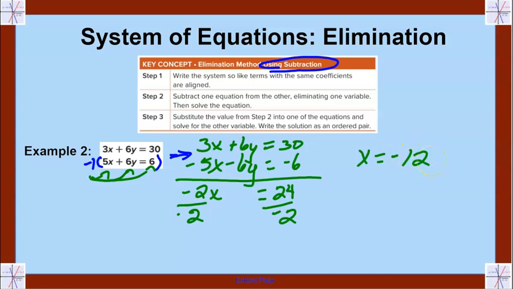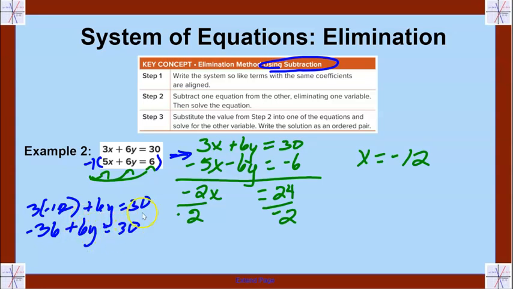Now to find my y, I'm going to take my x and substitute it into one of the two equations above. Again, it doesn't matter. I'm going to choose the top one. So I have 3 times negative 12 plus 6y equals 30. 3 times negative 12 is negative 36 plus 6y